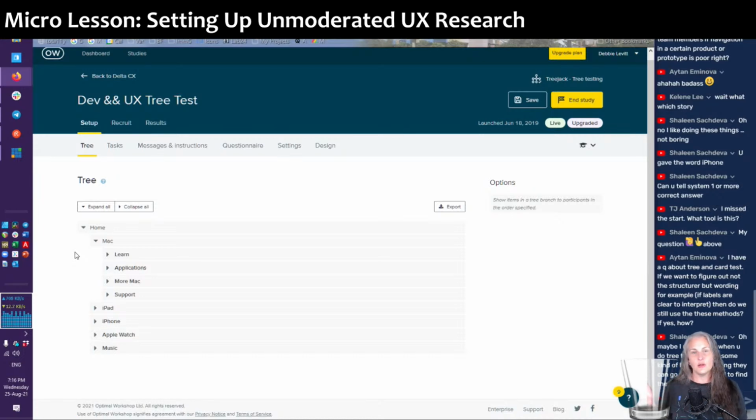So you get to see how long people took on the tasks, both in a kind of box and whiskers plot, so kind of like percentiles, as well as shortest time and longest time. You also get an